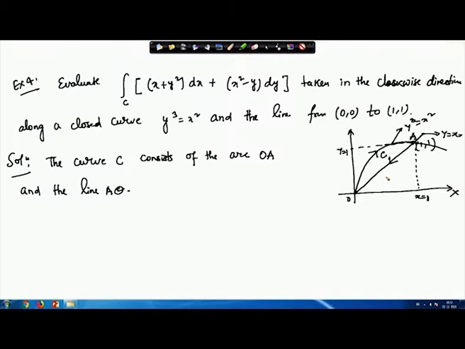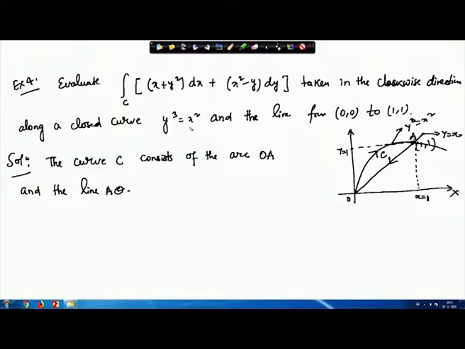Hello students. So in the last class we started with line integral, and today we will continue with our last example which we started, and then we switched to surface integral. So in the last class we started with this example where we needed to evaluate this integral along the closed curve